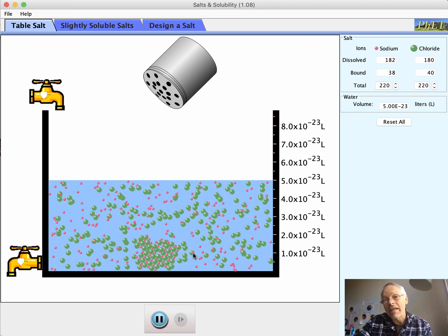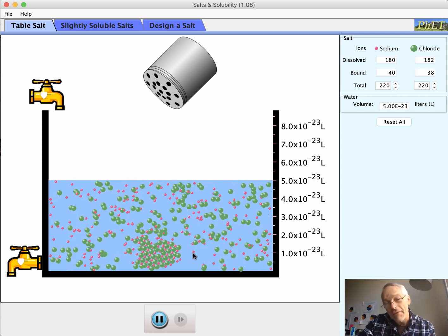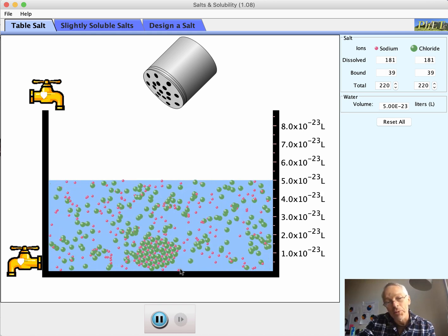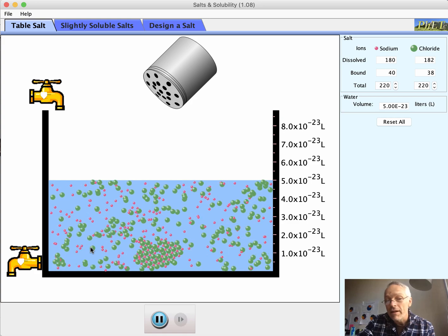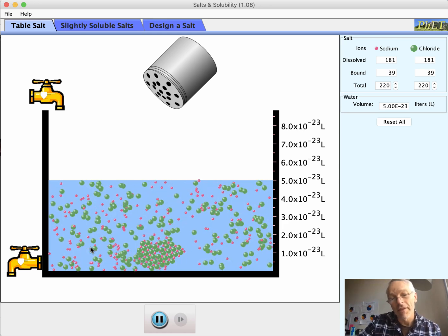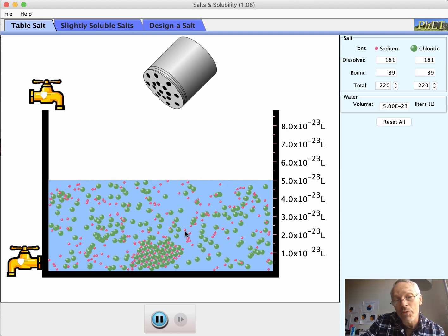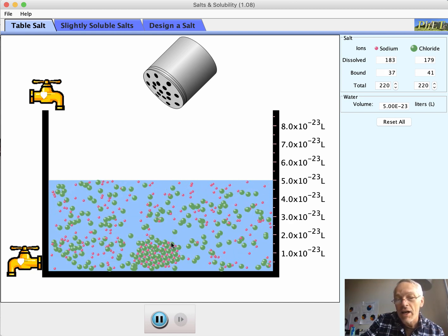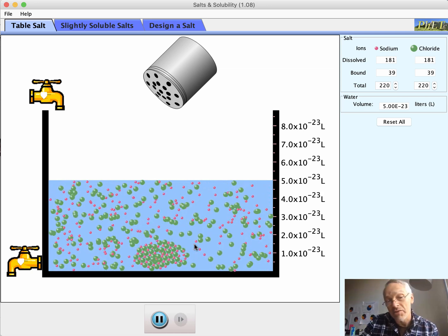But this is a dynamic equilibrium, a changing equilibrium. And if you look closely, you will see that this crystal at the bottom of our little volume of water is constantly changing, with ions breaking off as water molecules from the solution surround them and break them off of that chunk, and ions reattaching to the crystal because there's so many ions swimming around here that having a positive ion bump into the crystal at a place where there's a negative chloride ion